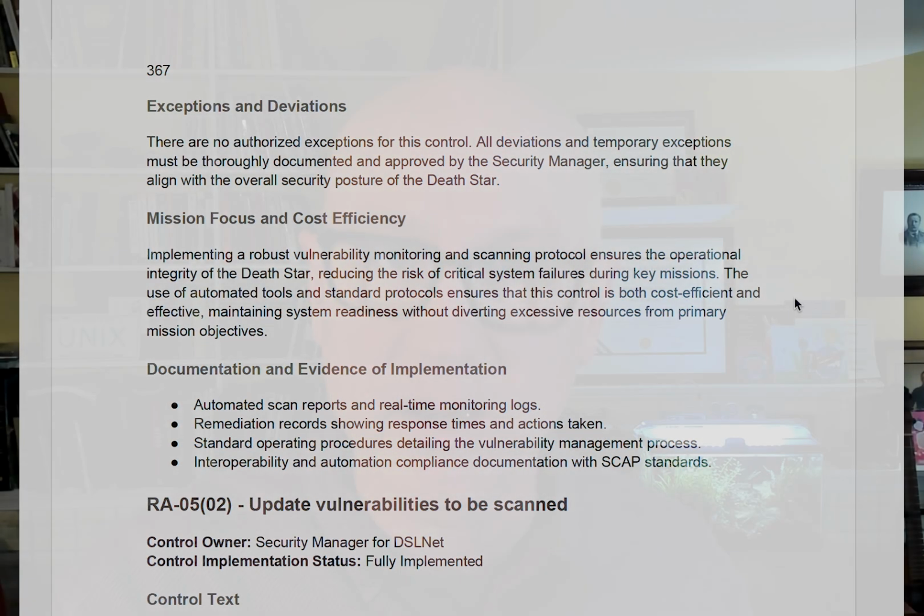If we're spending all of our money on security and not all of our funding on growing the business or advancing the organization or meeting that mission, then we're not doing our jobs. So how is this cost efficient, and how do we keep the mission focus? Consider that for each control. I would highly encourage you to consider including that, though, in the actual text.